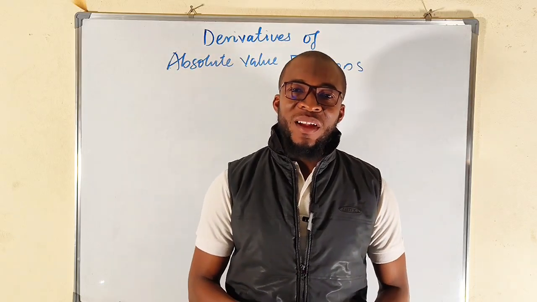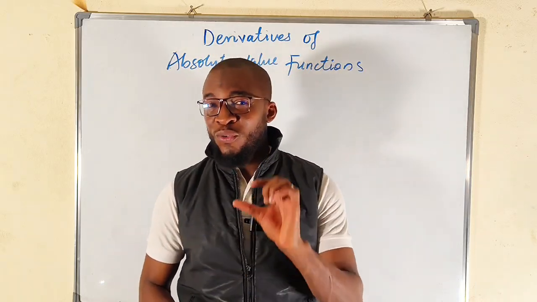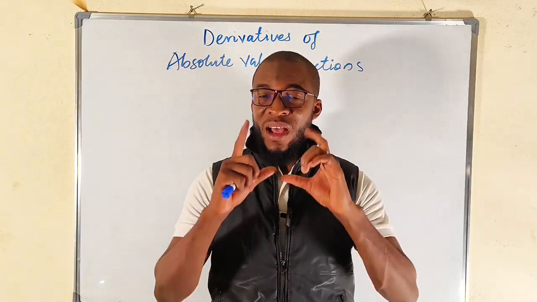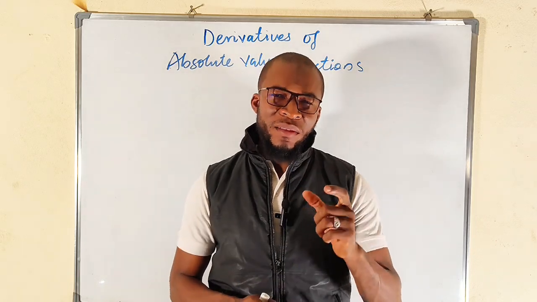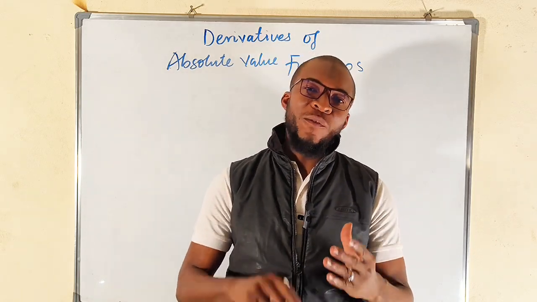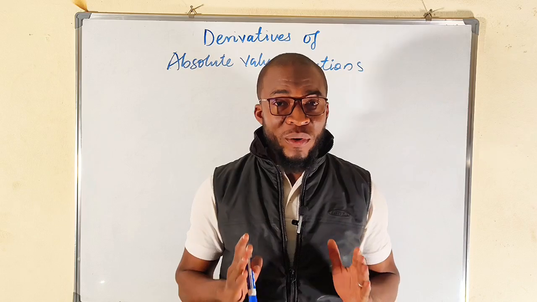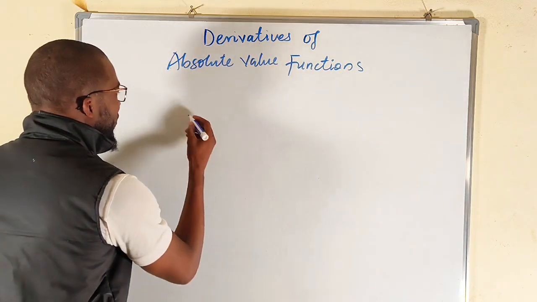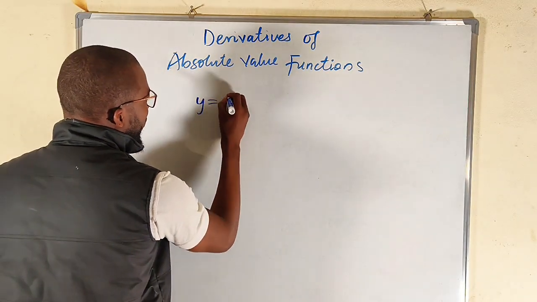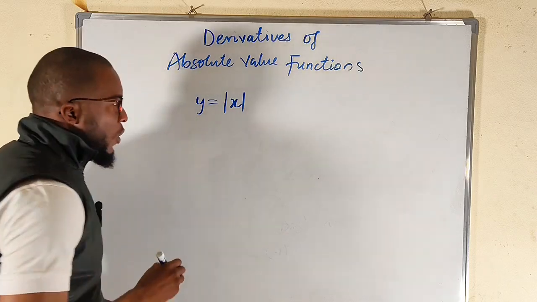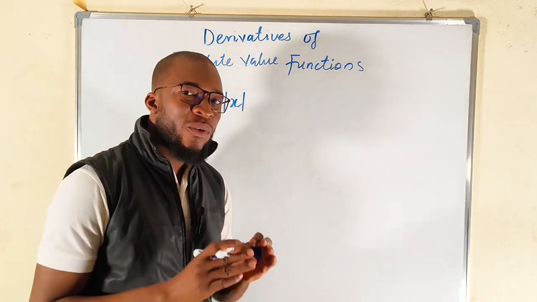Hello, good day viewers. In this tutorial I'm going to show you two different ways to differentiate an absolute value function. Let's start with the mother function. Suppose we have y equal to the absolute value of x. If y is equal to the absolute value of x, we all know that the absolute value of x can